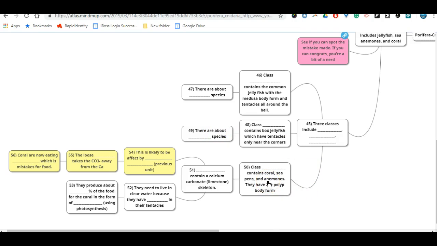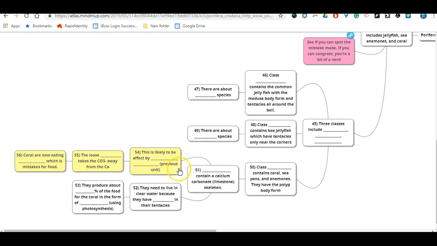This one. Which class includes coral, sea anemones, sea pens? Make sure you know the stuff about coral. They have a calcium carbonate skeleton. Okay. Why do they need clear water? Again, it's towards the end of the notes. And then what % of food is produced by what's living inside of the coral? And what are they feeding them, I guess. And then finally,